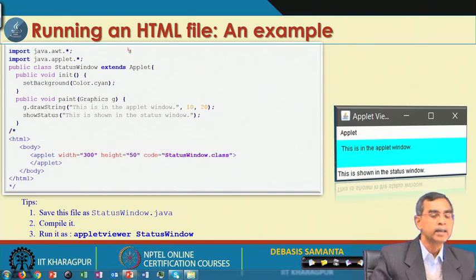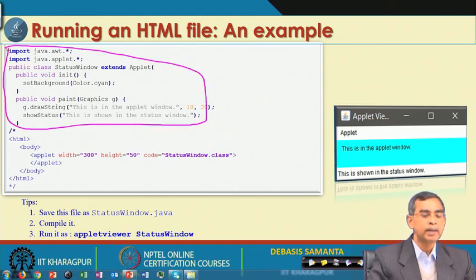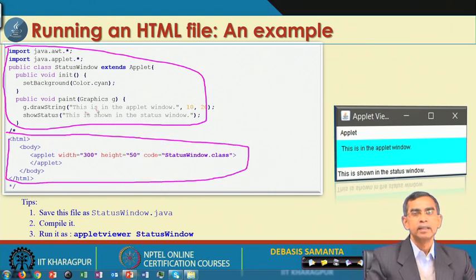On the other hand, when the applet viewer comes in, it will ignore the parts it cannot understand, but whatever portions it understands, it can interpret. So, if we run this using applet viewer, for example, run appletviewer StatusWindow.java. Here you have to write .java, the original file.